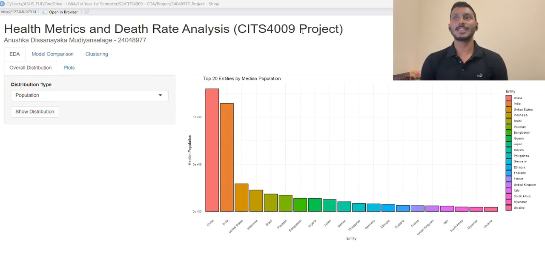Hello, this is exploratory data analysis and model comparison regarding the CITS C0009 project. This dataset is basically focusing on death rates and population in a few countries. So let's look at how it's visualized using the Shiny app. Here we can see we have a main tree: EDA, model comparison and clustering